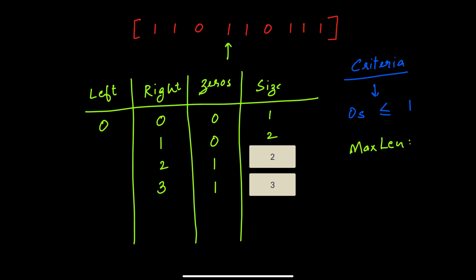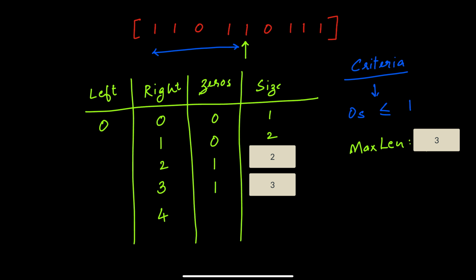So 0 will be staying as is, and I'll increment the size by 1. So the new value is 3. Every time we are incrementing the pointer and calculating the size, we'll be comparing it against the max length, and the higher value will be saved into the max length variable. We'll start with the default value as 0, and as 3 is higher, we'll save 3 into the max length